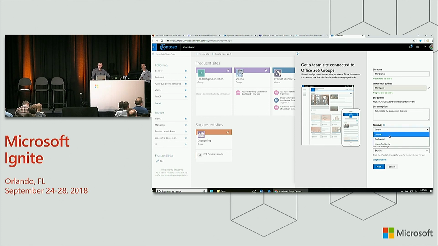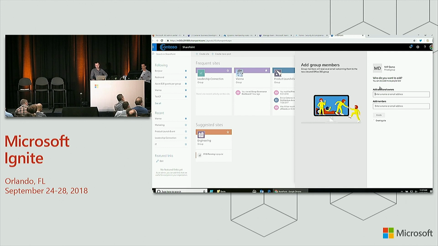Well, let me change it to confidential, because I know that MIP demo is actually really hush-hush. Now, you see how this field is now read-only? I can't change it, right? The privacy has kicked in, and voila. So to the end users, it's fairly transparent. Yeah, I know it's confidential because that's customer data, whatever.